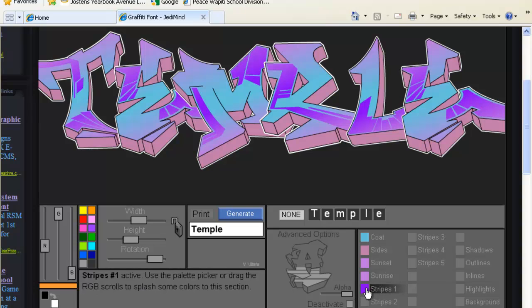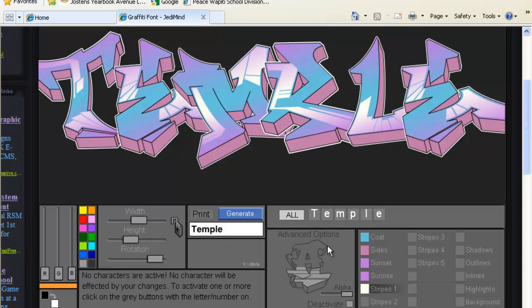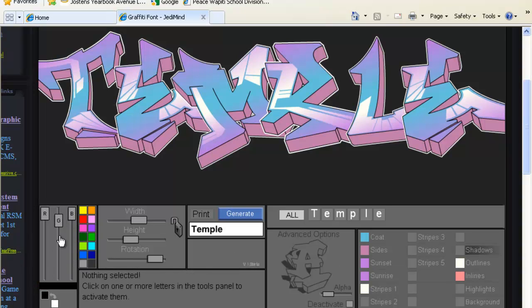I don't think I want to though. I don't know how to get rid of them now. Go in and add shadow. Can't really see it making a difference. But anyway, you can go in here and play around with this. Once you find the graffiti that you like,